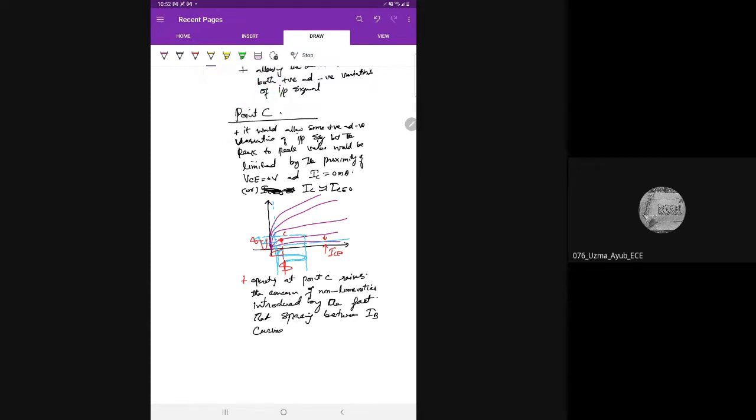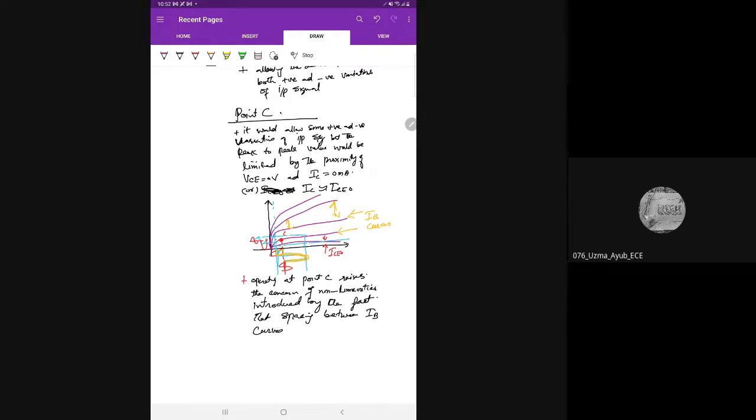that negative half is having smaller variations but positive half is having larger variations. ये इस वजह से हुई because of non-uniform spacing in IB curves. जो ये IB कर्व्स हैं, इनमें यहाँ इतनी स्पेसिंग है लेकिन यहाँ कम है। नॉन यूनिफॉर्म स्पेसिंग की वजह से हमें नॉन लीनियरिटीज भी मिल रही हैं। एक तो वो कंसर्न है, और दूसरा कंसर्न है कभी कभार हो सकता है हमारा जो ट्रांजिस्टर है वो शायद सैचुरेशन में चला जाए या कभी कट ऑफ में चला जाए।